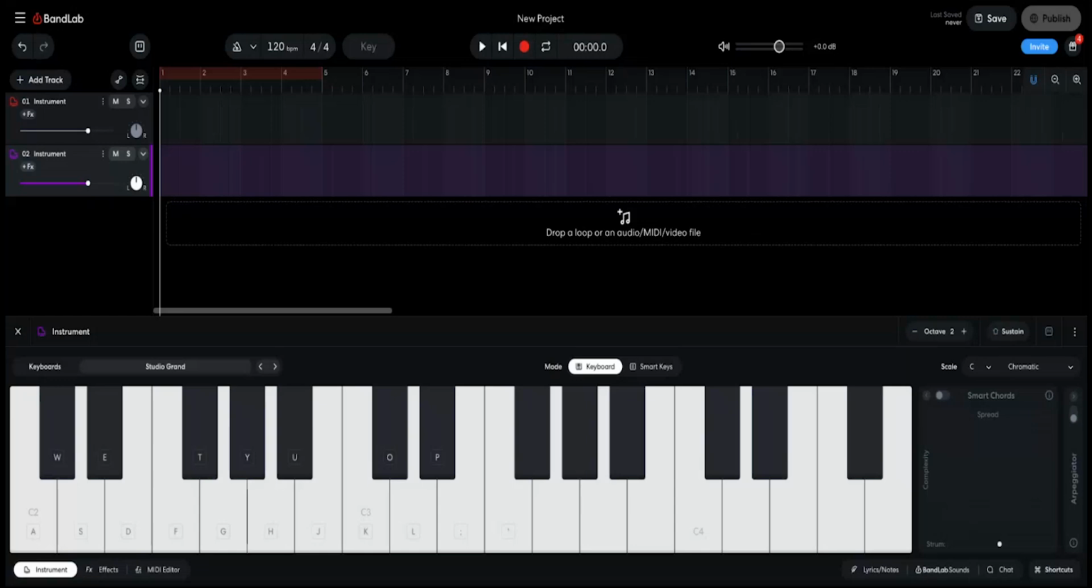So if you don't have an account already, just go to bandlab.com and sign up for a free account. You can use your Gmail to make it quicker. And when you log in, you can see a create button, and then you can just create a new project, and you should see a screen that looks like this, where you can click on the keys of the piano,